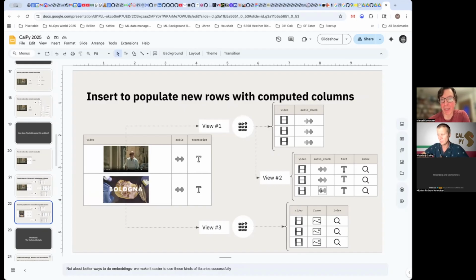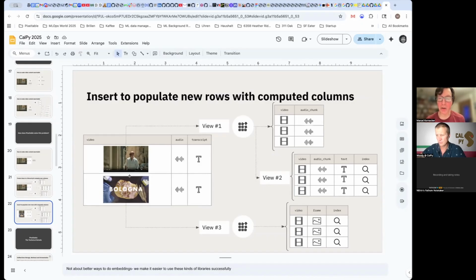So it will compute all of the computed columns and also fill all of the views that are defined on the base table, and even transitively. So you can stack the views, and in this case, it will take the audio and chunk it, and it will then take the audio chunks and turn that into a transcript and then split that up as well.